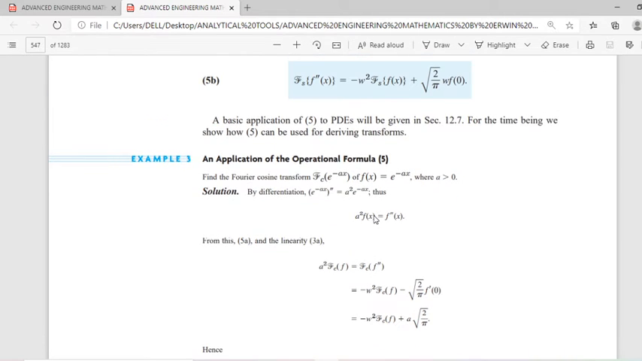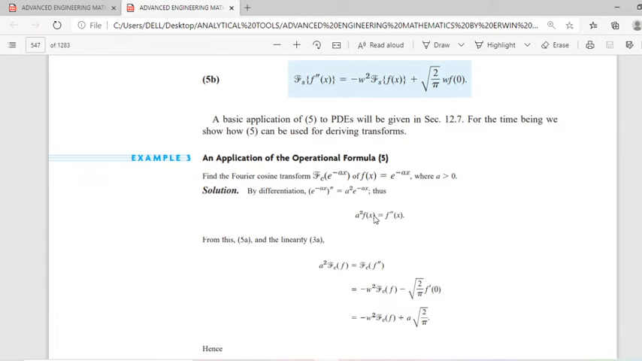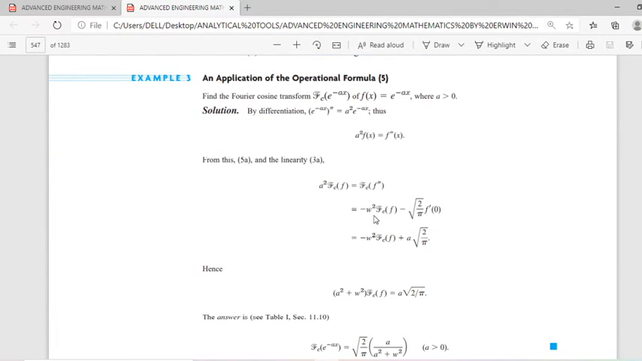Yeah, this is a problem to find the Fourier cosine transform Fc of f of x equal to e raised to minus ax, where a is greater than 0. Look at these steps. What is the step? What is the second derivative of e raised to minus ax? That is a square into e raised to minus ax. Okay. So you can replace